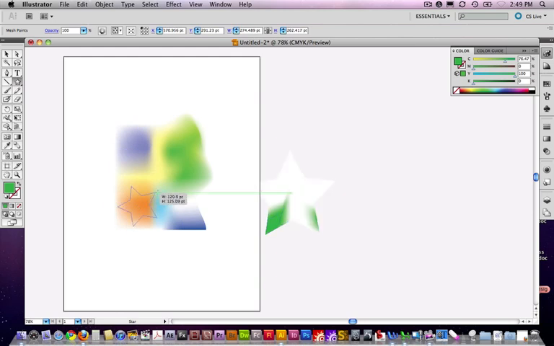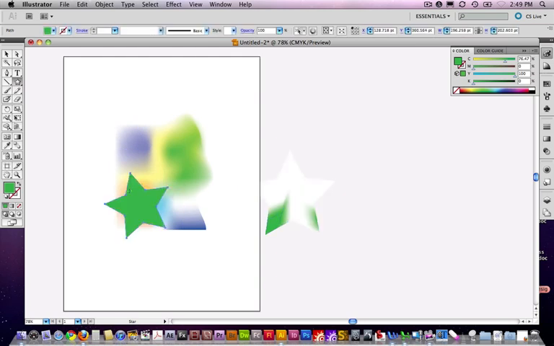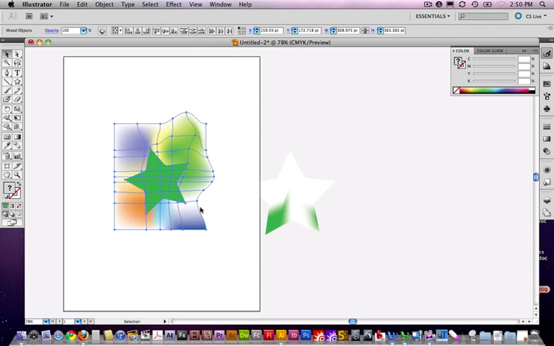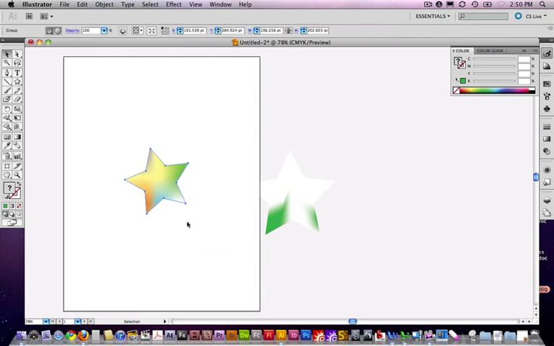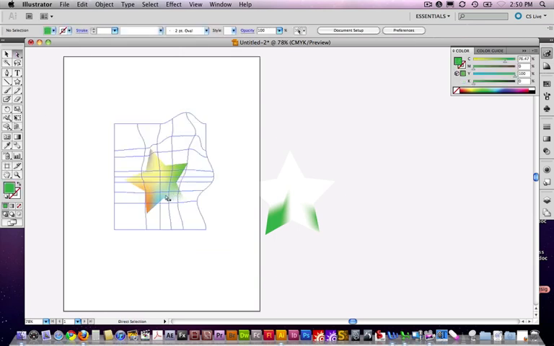So what I'm going to do is just drag out another star here, put it in front of this gradient mesh. A clipping mask always comes in front of whatever it's going to clip. With my black arrow, I'm going to select both the star and the gradient mesh. I'm going to just choose Object, Clipping Mask, Make. And when I do that, I get all the neat properties of the gradient mesh, but inside of this clipped